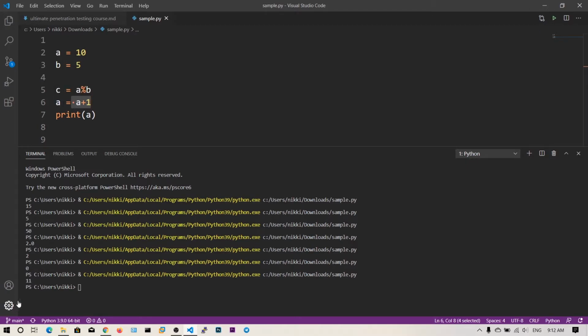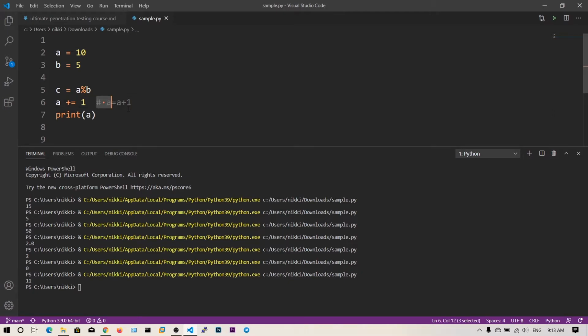If I run this, you will see the 10 has changed to 11. This is a somewhat lengthy method. There is a short form for this operation, and that is if you say plus equals 1. This is similar to a is equal to a plus 1.